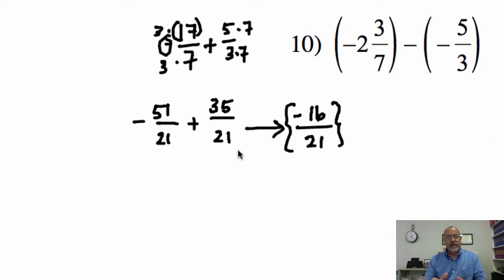So to wrap up adding and subtracting fractions then, a few things we want to remember. In dealing with mixed numbers, there's two ways to deal with them. We've chosen to change those mixed numbers into their improper fraction form. So we're going to do that first. Next, we want to make sure that all our fractions have the same denominator because we're adding and subtracting. If they don't have the same denominator, we need to determine the least common multiple, and that's going to be